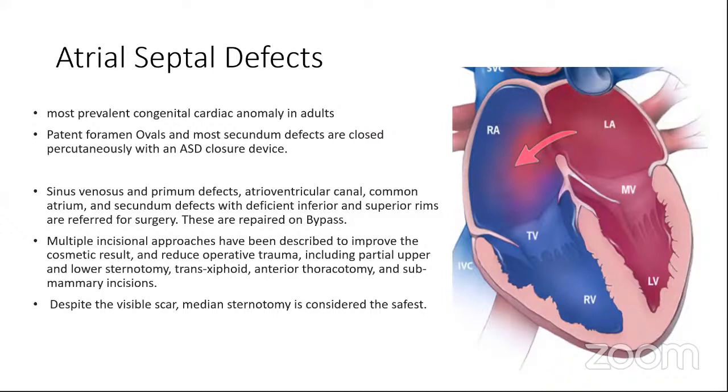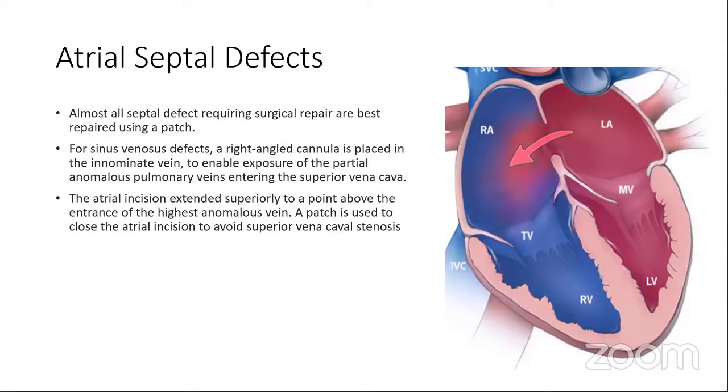However, median sternotomy is still considered the safest, despite the visible scar. Almost all septal defects that require surgical repair and cannot be closed in the cath lab are best repaired using a patch. For the sinus venosus defects, a right-angled cannula can be placed in the innominate vein to enable exposure